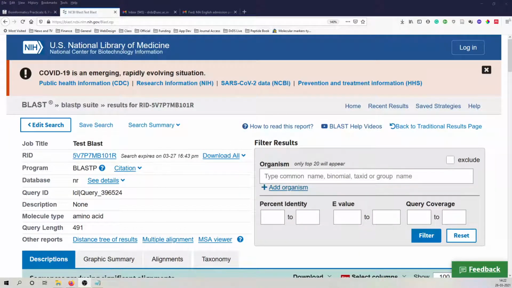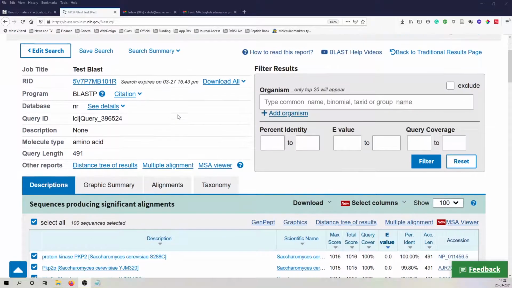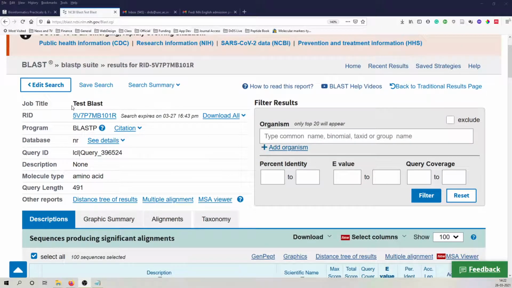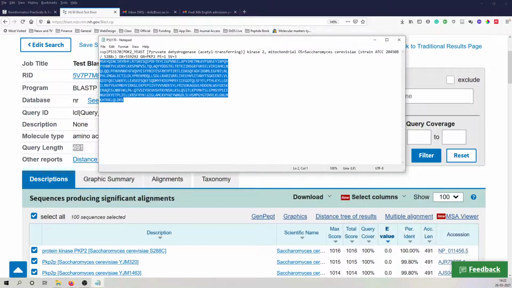Okay, these are the BLAST results. This is the job title and some other basic information. The query length is 491 because we know that the actual length of the protein sequence is 491.